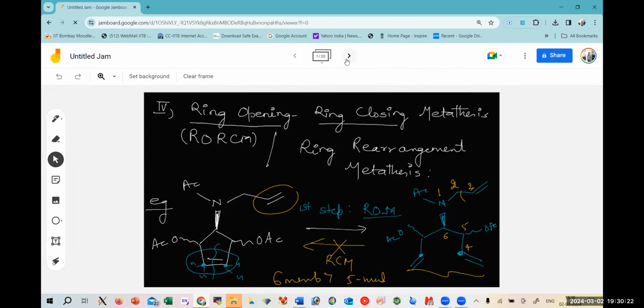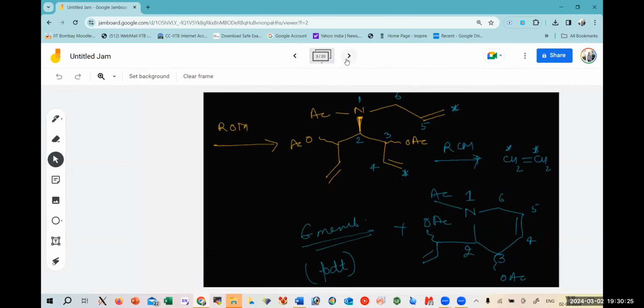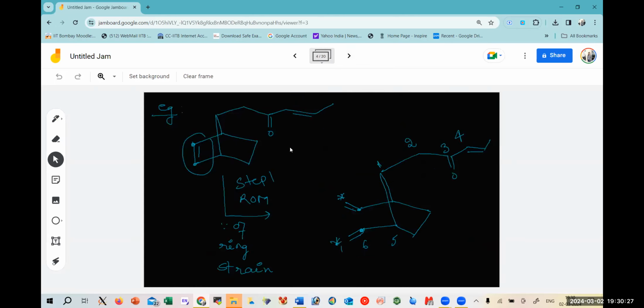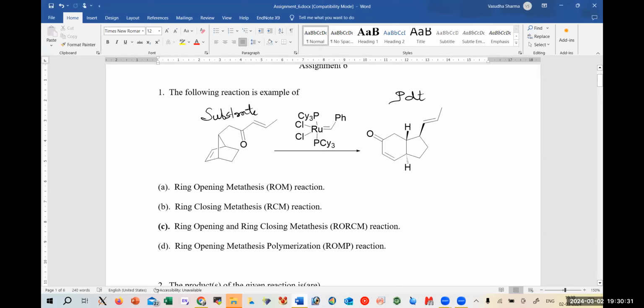Yes, we have taken this example. So here, this one. The way we have taken this example, it's exactly the same example where we